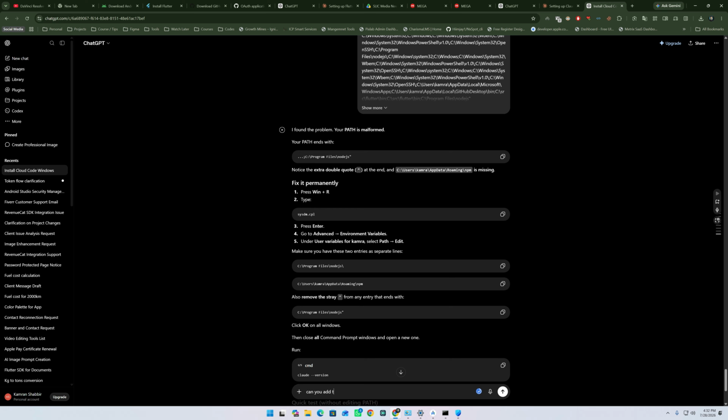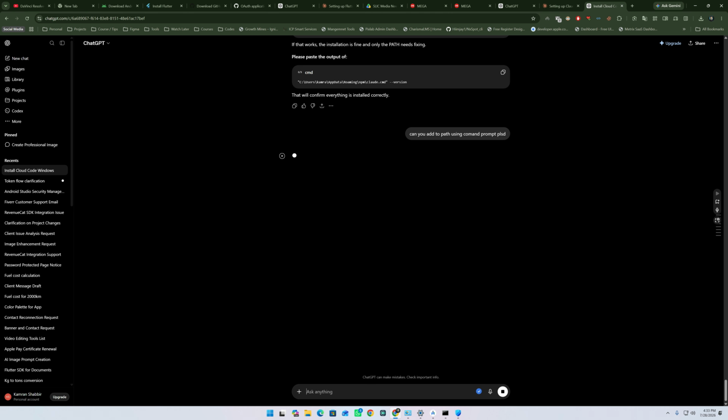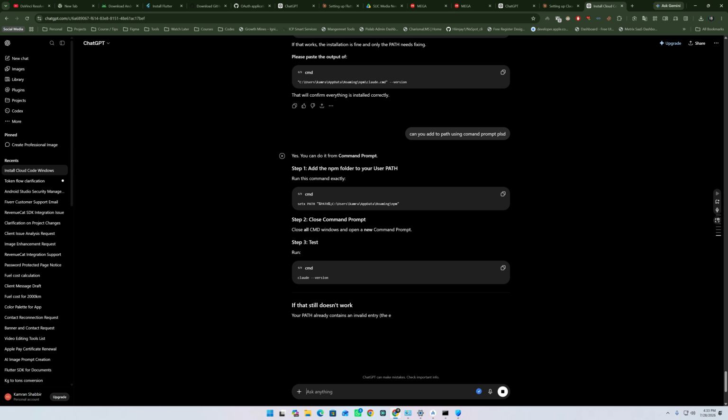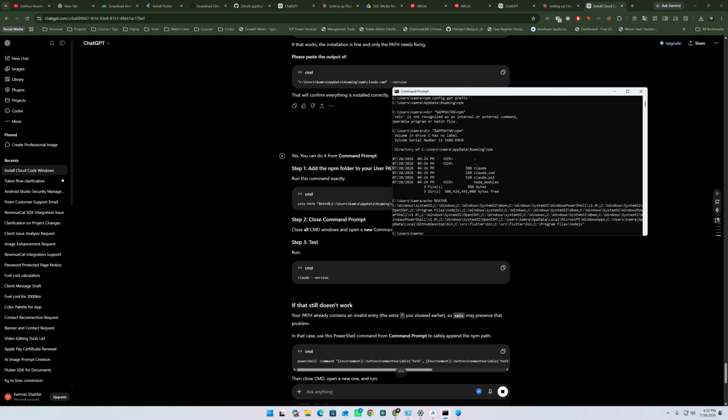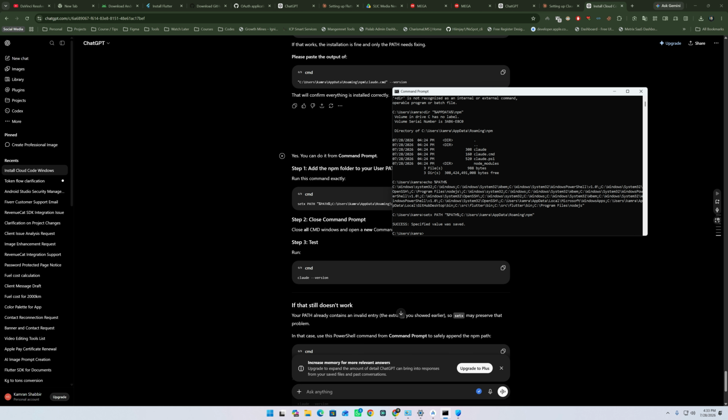Can you add it to the path using the command prompt, please? This will be easy. Copy this one and add it to the command prompt.